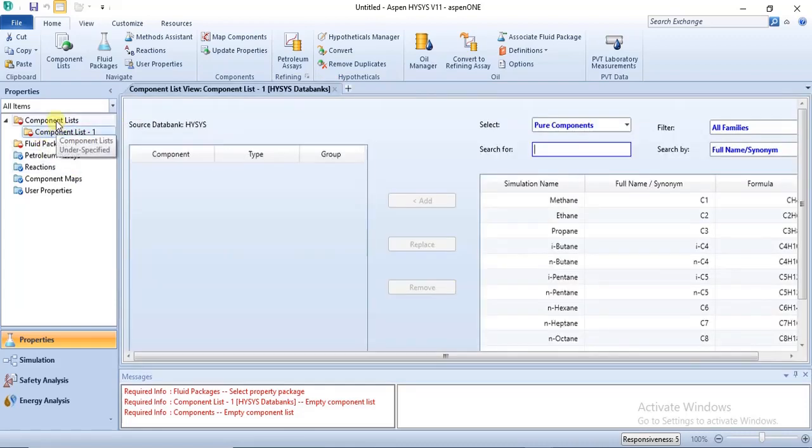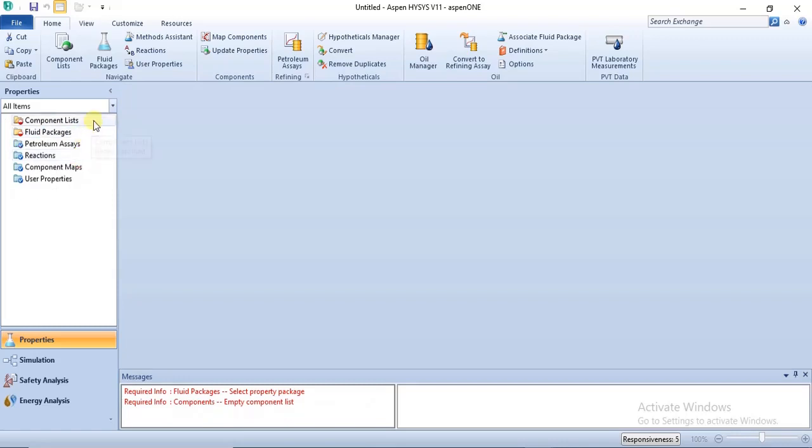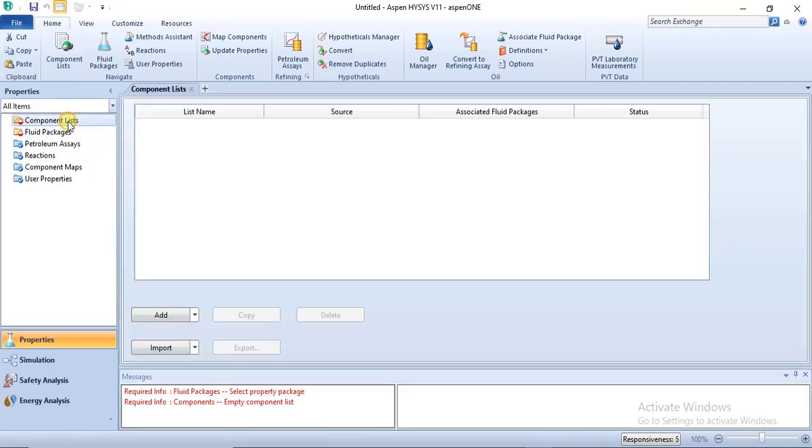So if you want to delete a component list, you highlight that particular component list, ensure it's highlighted by left clicking, then you right click and click on delete. Once you do that, it deletes that particular component list. You can also do that for fluid packages, and even for reactions too. So if you want to specify your component list, you left click and then click add, right? But before we go there, we have two